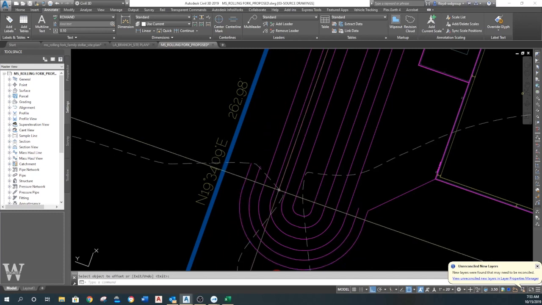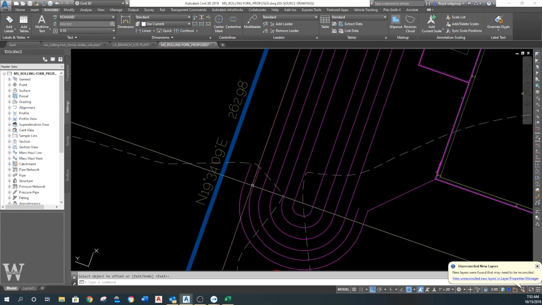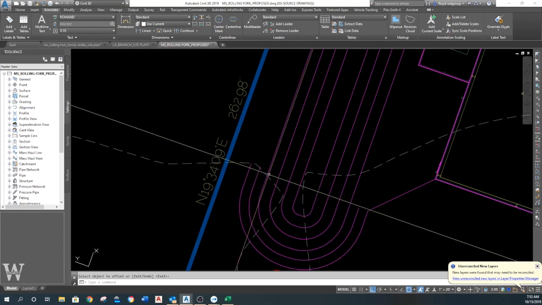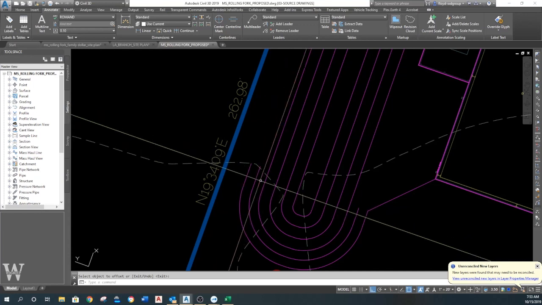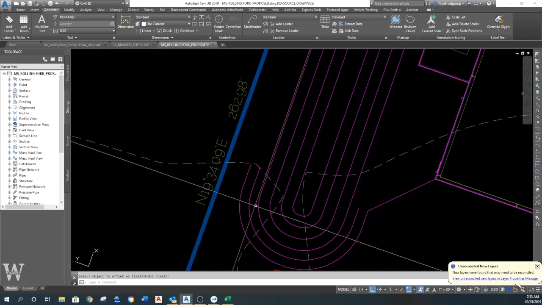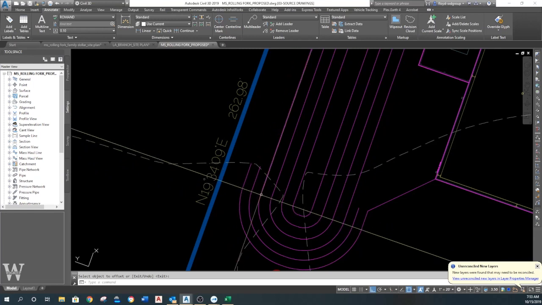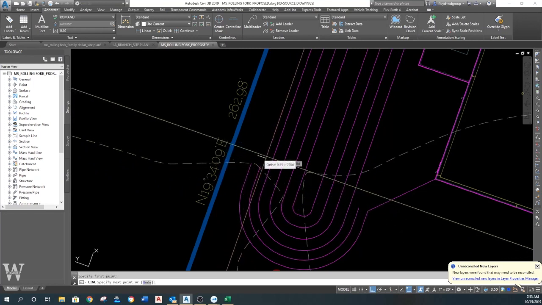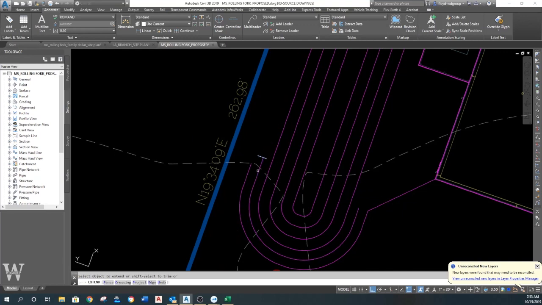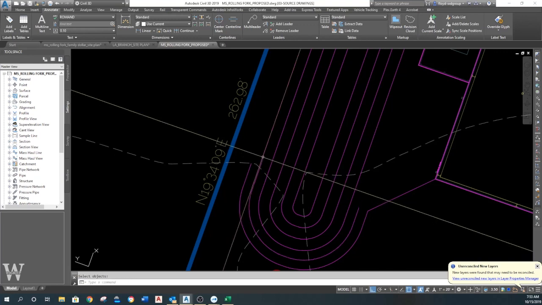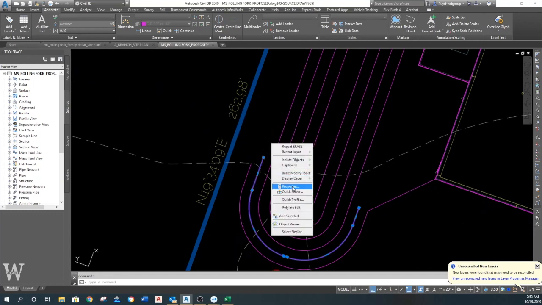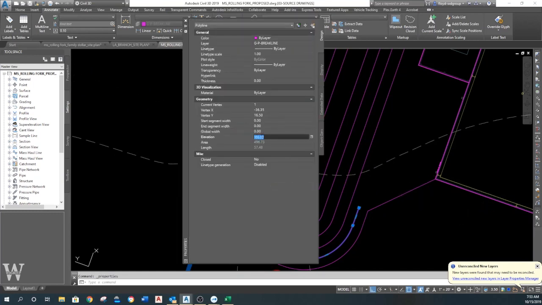Okay, so what we have to do sometimes is we have to cheat Civil 3D a little bit, because if I make this 103 and this 103, when it tries to create the contour lines, it's going to try to cross them, or it's going to join these together, or it's going to be really squirrely in here. But what I can do is I can come in here and I can create this line in the middle, and we can take it and give it an elevation literally a 1/10 or 100th